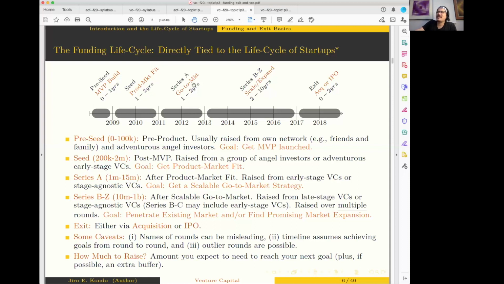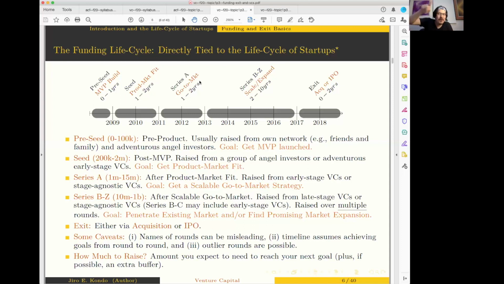Then after you've done Series A, look, in an ideal circumstance, you've raised your Series A before you've run out of money, you've achieved go-to-market fit, and then you start aggressive scaling and you raise a Series B. And remember I said in the last lecture, really aggressive scaling is kind of something that goes in waves, right? You say, first, I will aggressively scale in this thing that I figured out, and we'll try to figure out the next go-to-market. And then I'll do that again. Then I'll do that again. And hopefully I can keep doing that for a long time, right? That's what allows you to scale aggressively, of course.